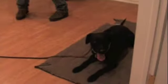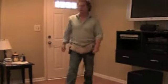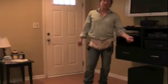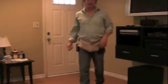This exercise is supposed to be done initially in the main area of like the most traveled area of the house, which usually is somewhere near the front door because that's where people come in and out. That's usually where the dog is the most excited on average. Good. So by doing this mat exercise in the most traveled area of the house like this, we teach the dog to be calm in this area where normally they might bark or jump on people when they come home, or when somebody knocks on the door they bark, or some dogs even get overstimulated, they get aggressive. So whatever the issue is, this is a great way to make it a lot less